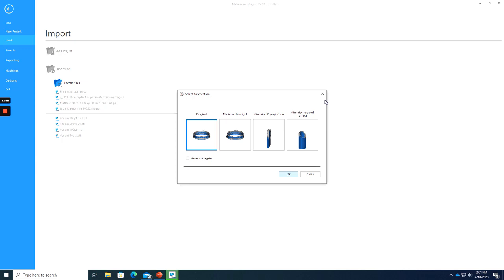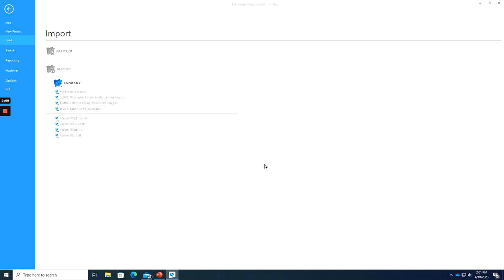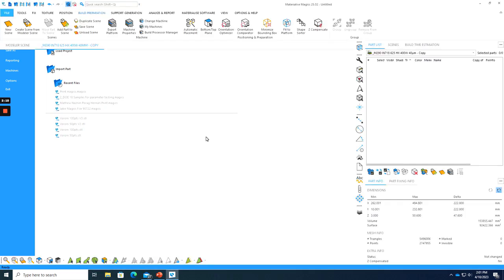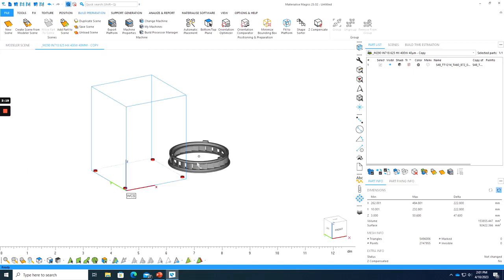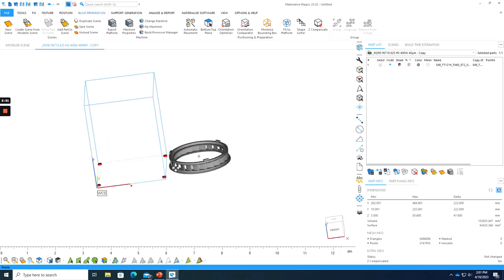It's going to ask you which orientation you want. I'm just going to choose the original because I can change the orientation in the software. So this is my part, and you can see how it's not on the